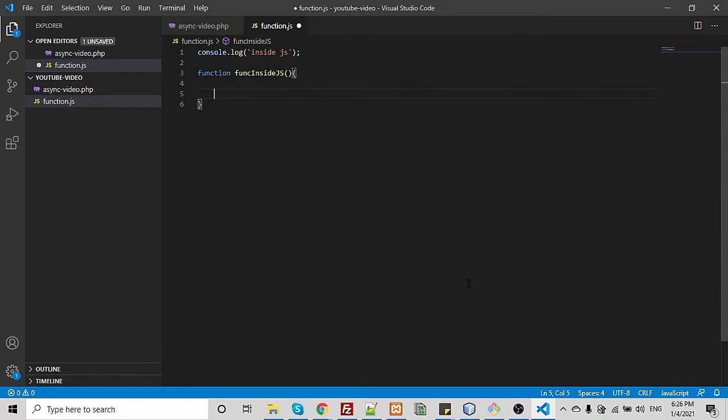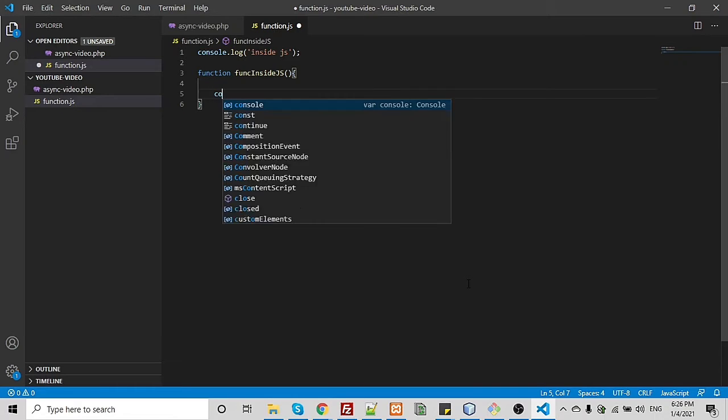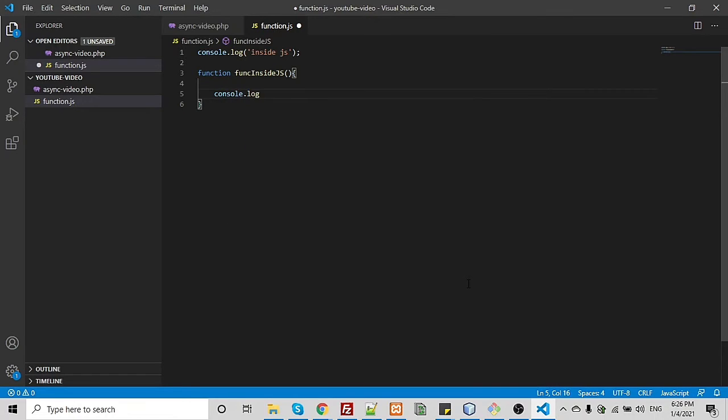Inside this function, for now we just console any string, like console.log, anything you can console, like blah blah blah, from function.